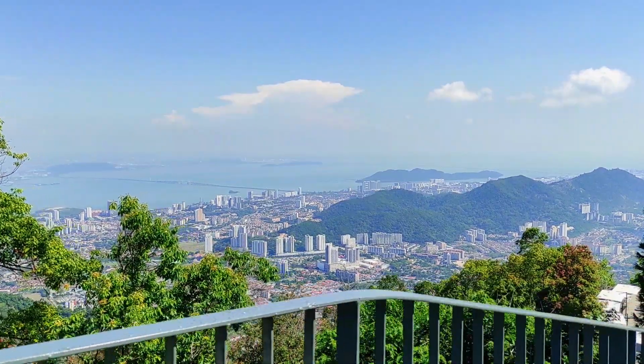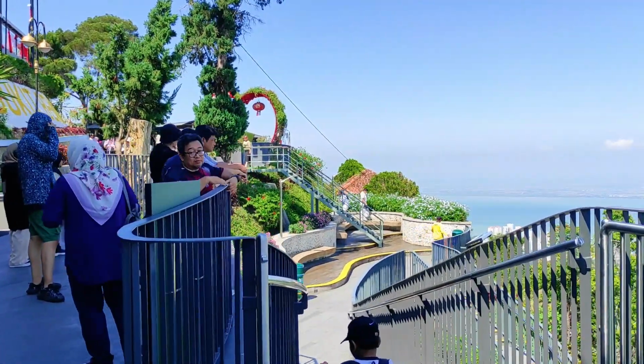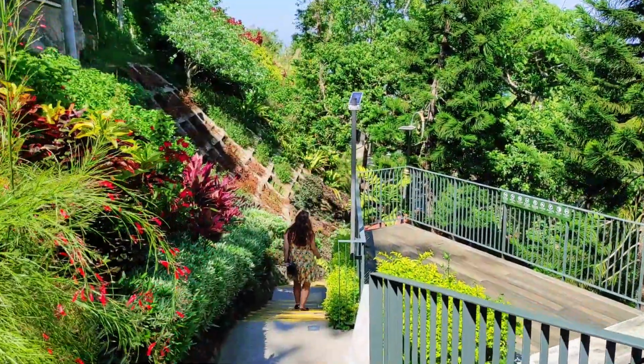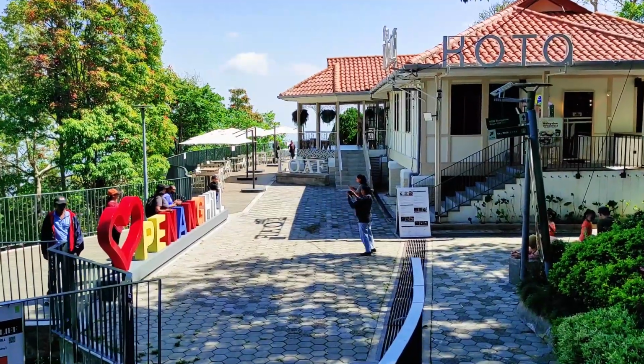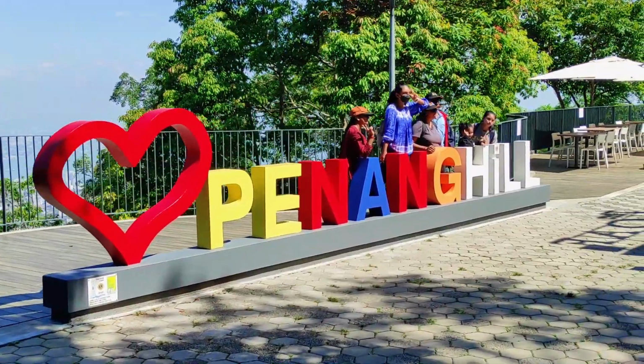Penang Hill has a rich history that dates back to the colonial era, when the British established it as a hill station in the late 18th century. It served as a retreat from the heat and humidity of the lowlands. The first bungalow was built here in the early 19th century, marking the beginning of its development as a resort